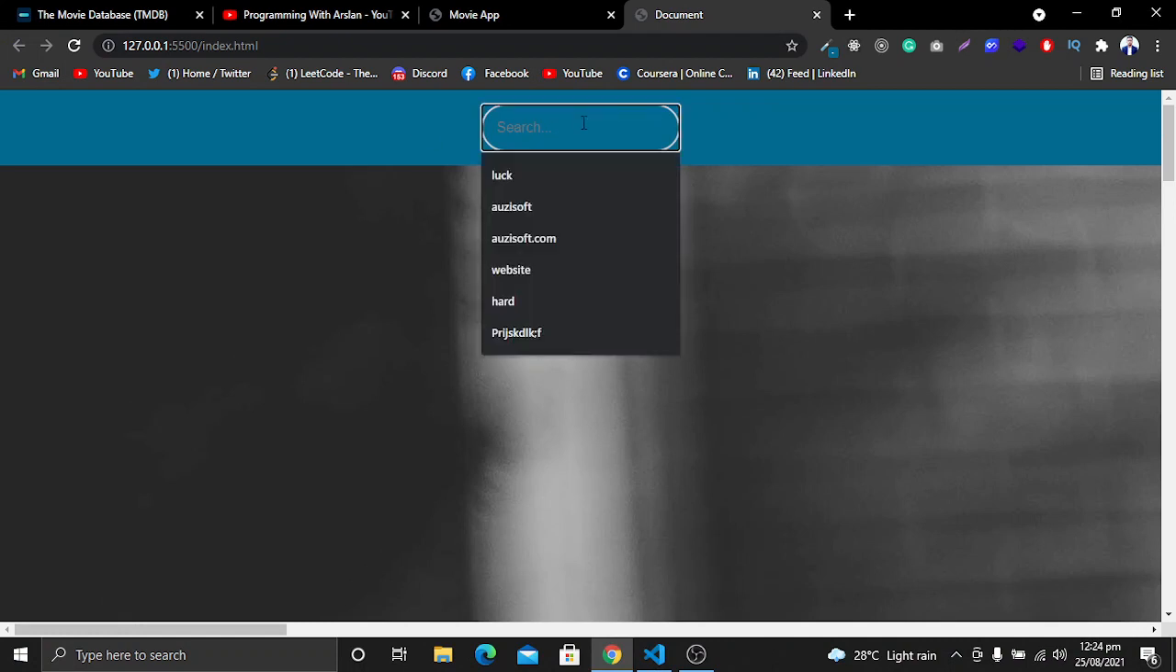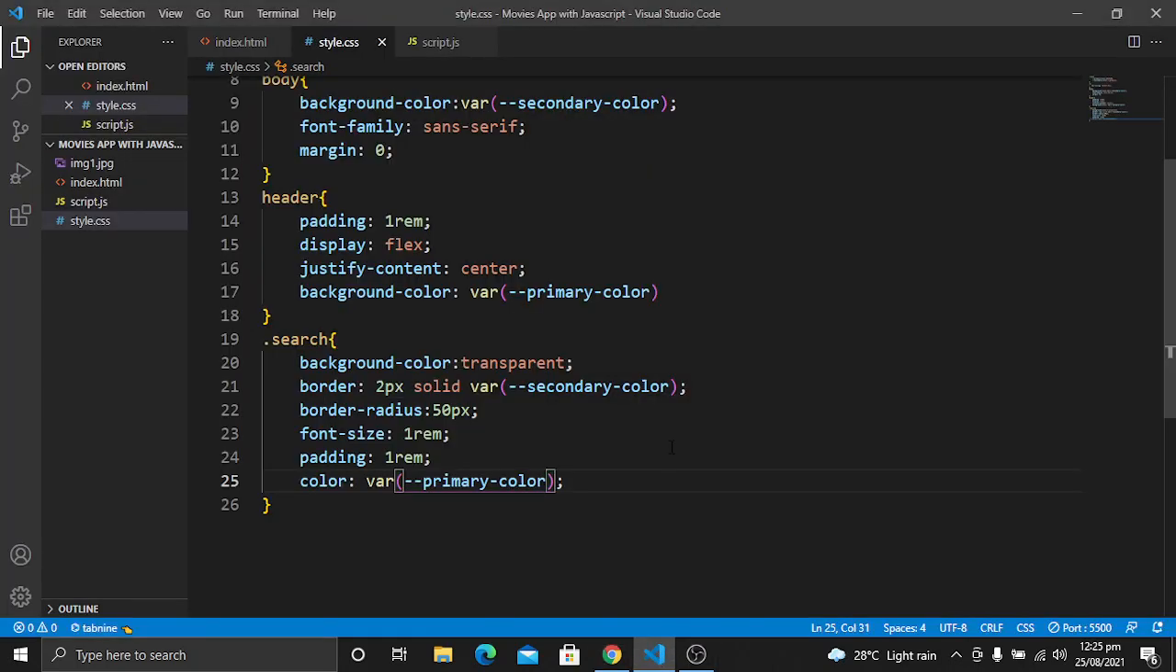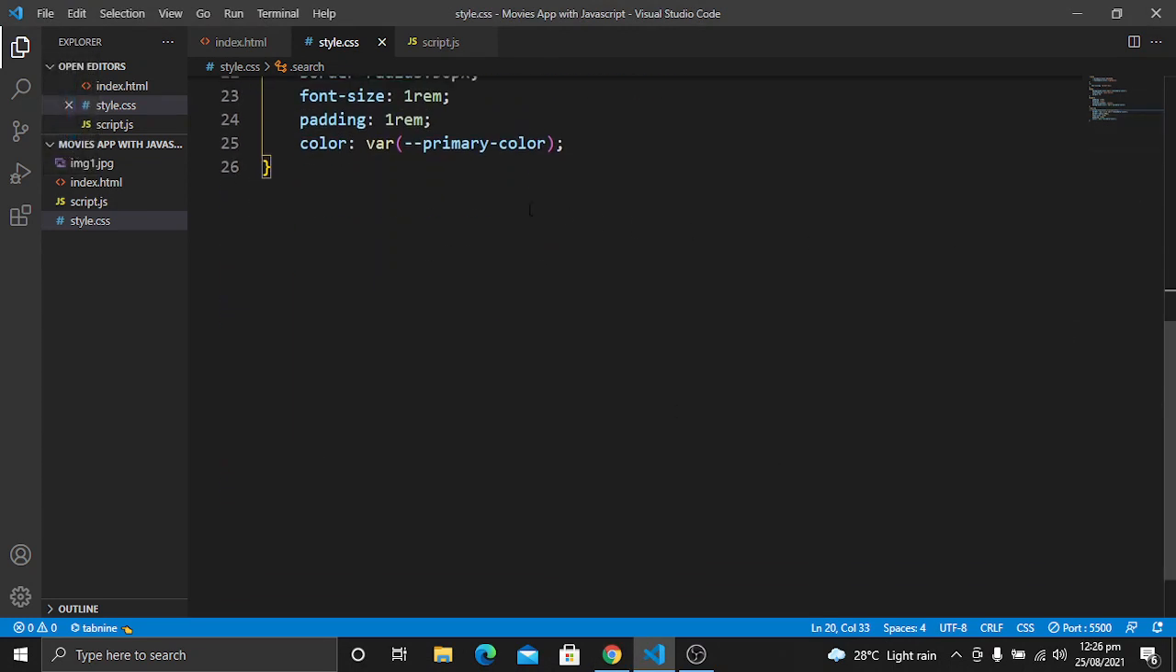It's looking good right now, but we just have to fix some of the issues, such as the outline and the color of the placeholder. Now if I type, you can't see anything. So let's go to our code editor. Now we want to change the color of the placeholder, so target the search. In this search, what we want to target is the placeholder. So for this placeholder,